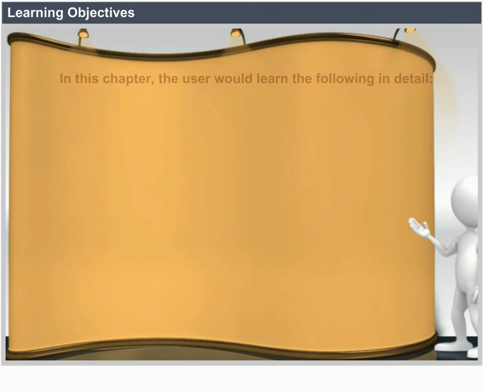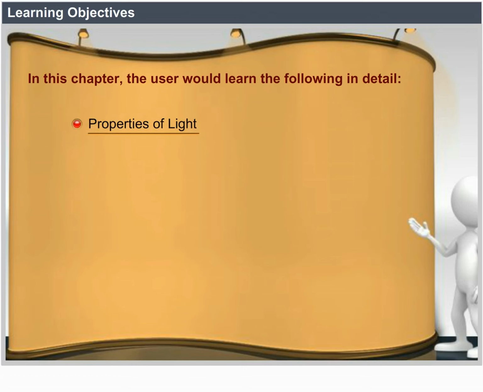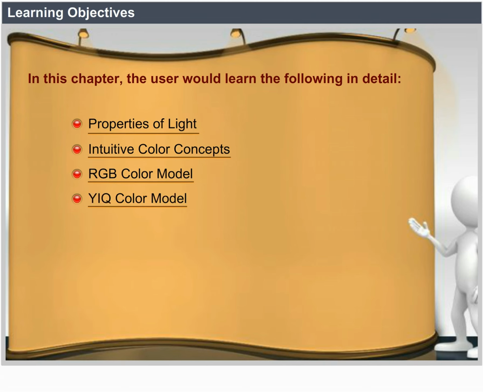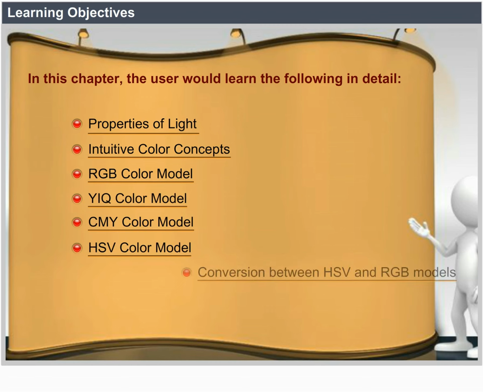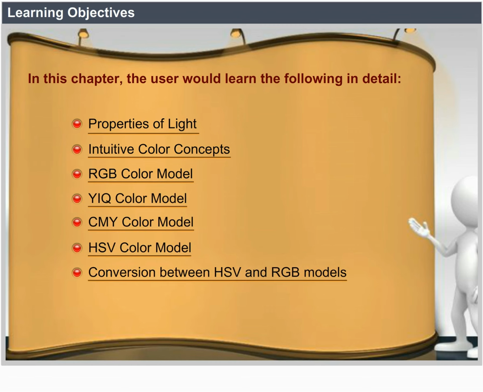Learning objectives. In this chapter, the user will learn the following in detail: properties of light, intuitive color concepts, RGB color model, YIQ color model, CMY color model, HSV color model, conversion between HSV and RGB models, HLS color model,